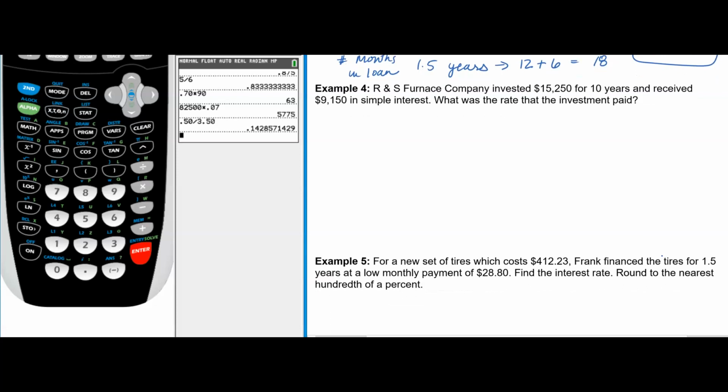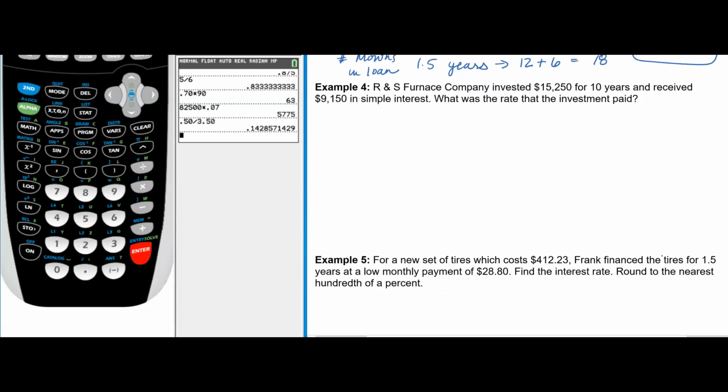So for example 4, okay, this is a little different one because this question asks for the rate. So we haven't done one like this before. So we've got this furnace company. They invested $15,250 for 10 years. So in this case, this isn't a loan, this is an investment. So the initial investment is the principal, just like the amount borrowed is the principal. So we can use the same formulas for investing or borrowing. For 10 years, so I'm just going to write T equals 10, and they received